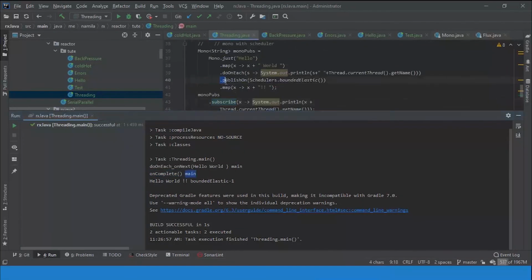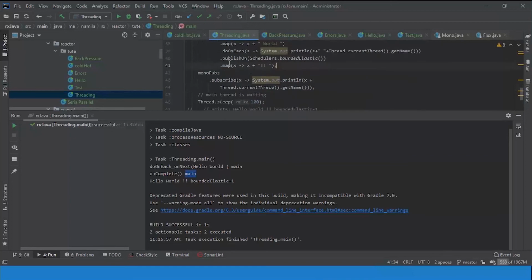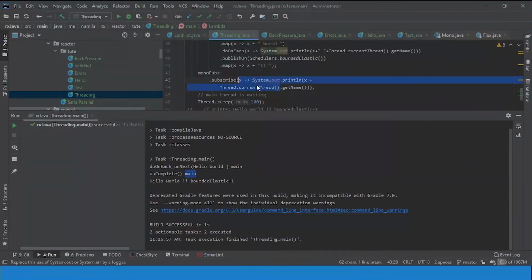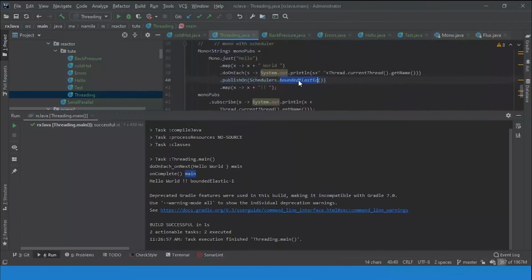But after calling publishOn, it will change the context, and only this consumer will be called on the thread defined on publishOn. So only this part will execute on the publishOn bounded elastic.